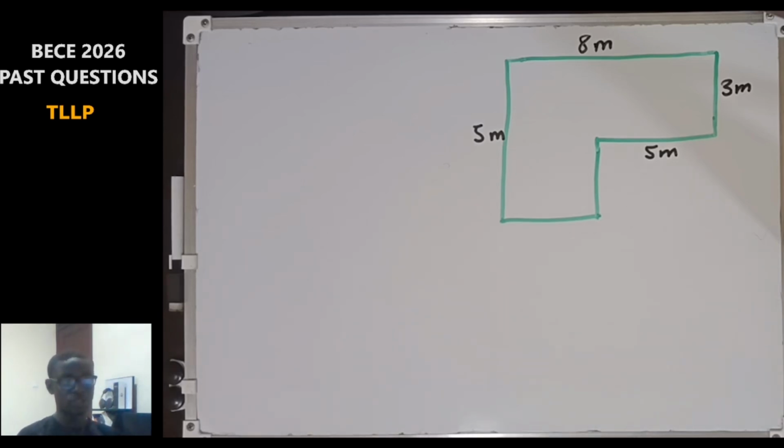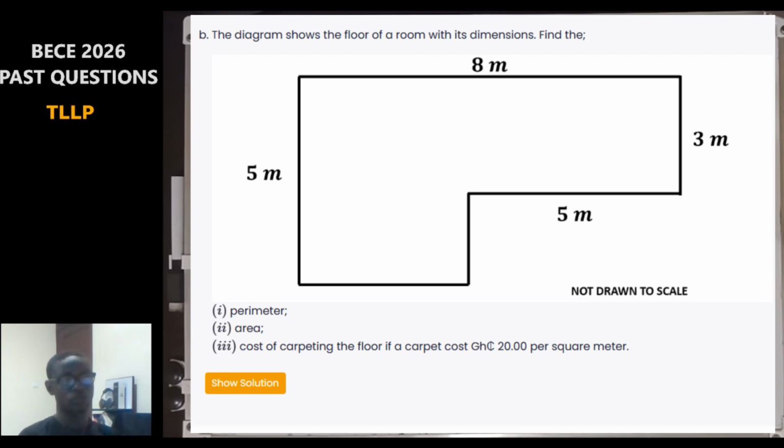Alright, so we are on question 3B of the BECE 2026 section B solution videos. And in this question we have the diagram shows the floor of a room with its dimensions. Find: I, we have to find the perimeter. Then II, we have to find the area. And then III, we have to find the cost of carpeting the floor if a carpet costs 20 cedis per